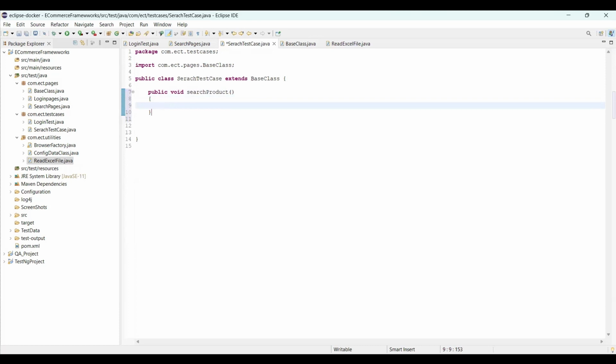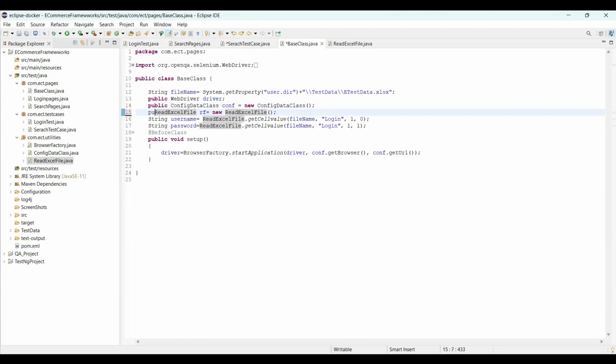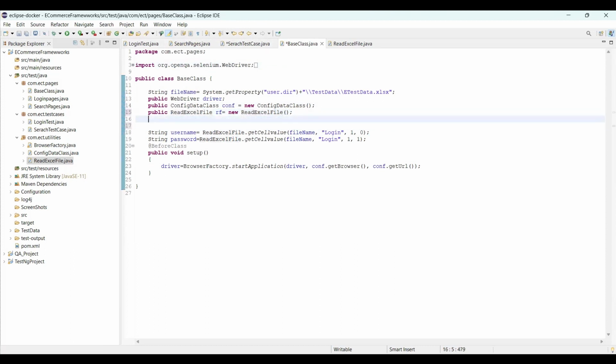First thing, you need to call the method from login page. So now again, if you want, you can create an object for login page as well here in the base class. So if you want, you can create a separate object for login page, just like you have created the object for Excel file. Now these are from the utilities section, like creating an object for config data. This is for Excel file. Same way you can create an object for